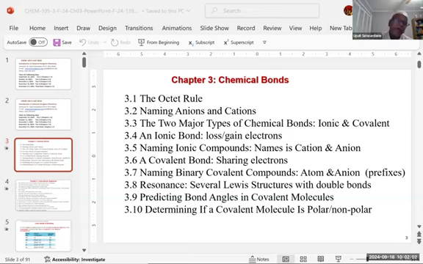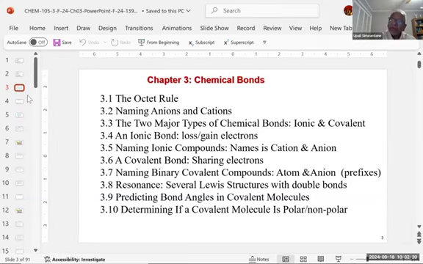We were talking about chemical bonds. Basically, two types of chemical bonds, ionic and covalent bonds. We introduced ionic bond formation. We also talked about naming cations, simple cations and simple anions. So we're going to continue from there,